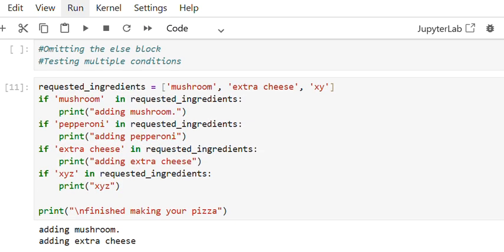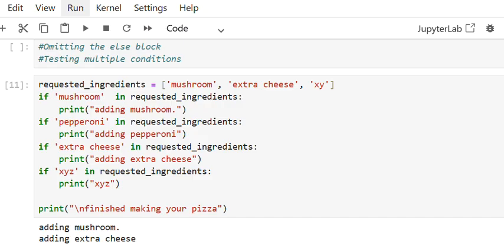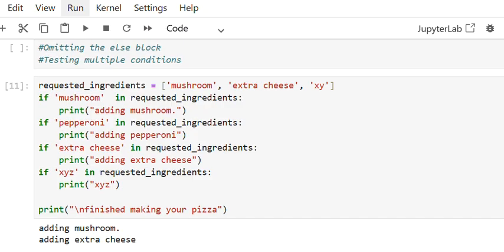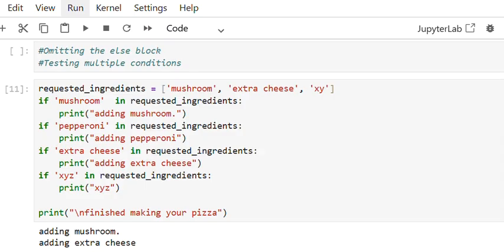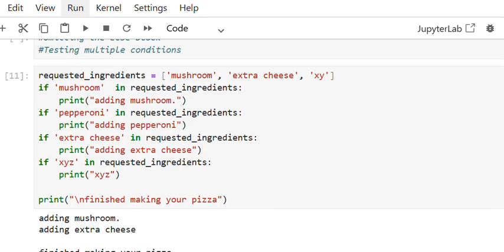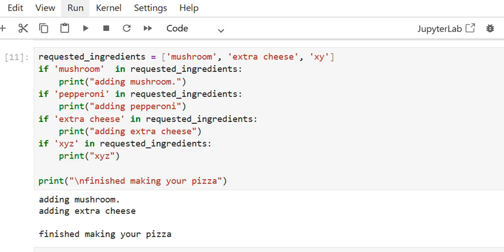Okay, so in the previous videos and in this video, we learned about if-else and if-elif statements, and now how to remove the else block and how to test multiple conditions. So these things are very important. Do learn it, do practice it,